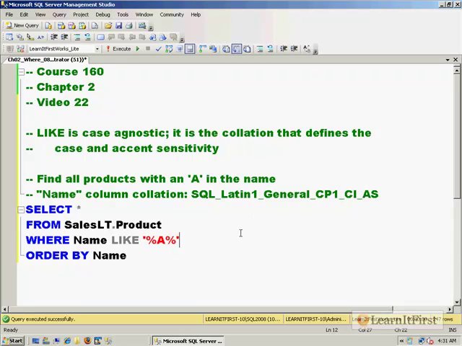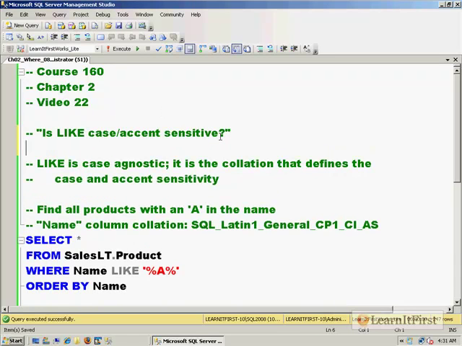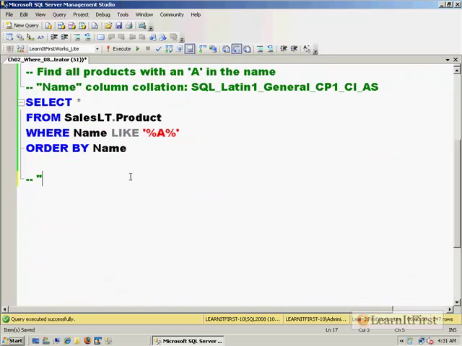Another frequently asked question that people get. So I'll write it up here. Is like case accent sensitive? Okay? And that was kind of our answer for that one. It's case sensitive, accent agnostic. It doesn't really care. So the next question that I asked either myself or I get people asking,